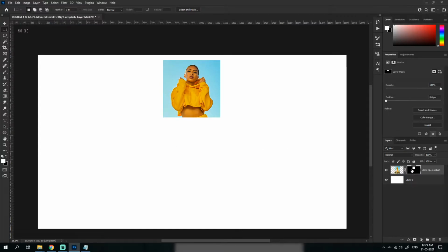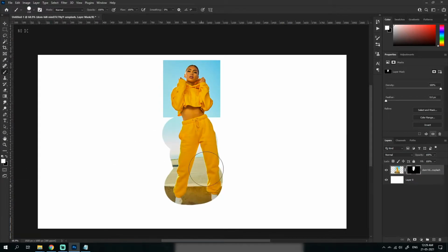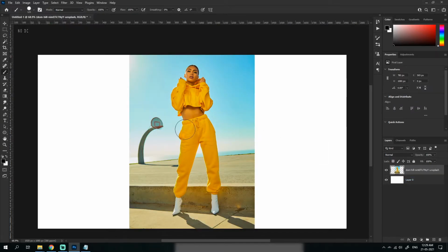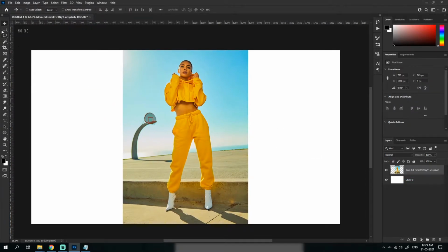In this way you could see the mask has black color, and wherever it is black it will not be shown, and wherever it is white it will be shown. After selecting this mask you could simply paint white to show whichever area you want, and black for whichever you don't want. So how about I just delete the mask. So that was the rectangular marquee tool.